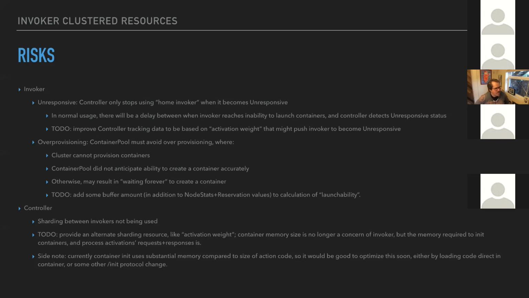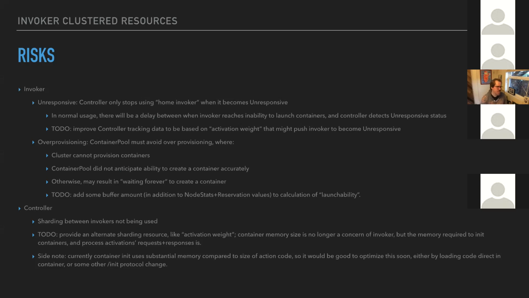And other risks, the controller only stops using the home invoker when that invoker becomes unresponsive. So the kind of question there is, when does the invoker actually become unresponsive? So one case is when the cluster reaches capacity and doesn't do the right thing.